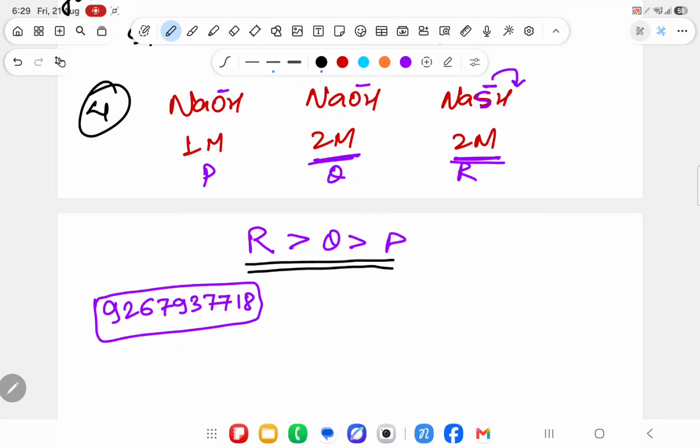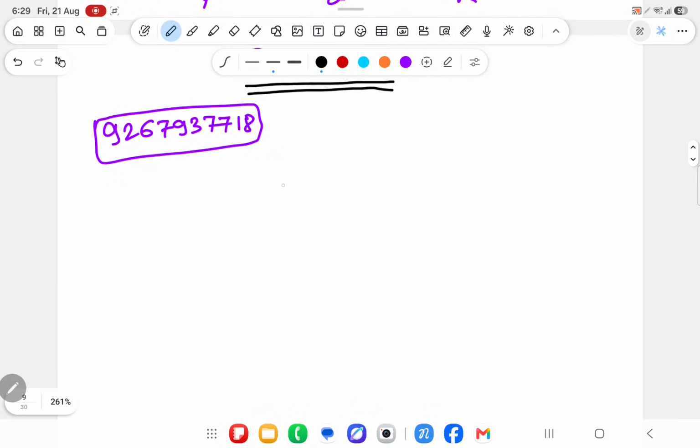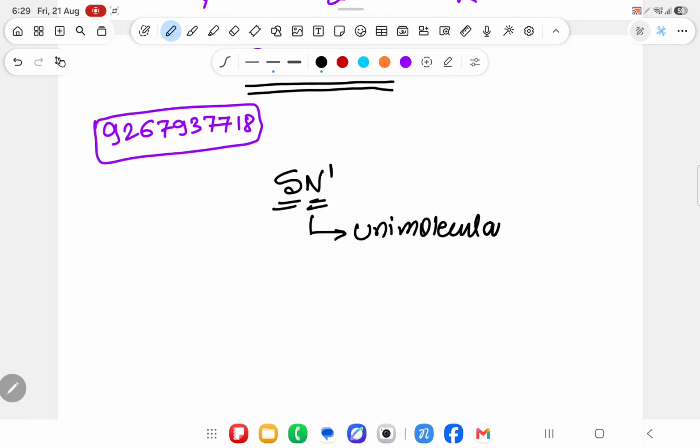Okay sir, okay. Now we are going to see the next part of the topic, called the SN1 mechanism. SN1 mechanism is known as unimolecular nucleophilic substitution. In unimolecular nucleophilic substitution, what happens over here? Whenever we are doing SN2, we have taken a nucleophile, and that nucleophile will attack. But now in SN1,